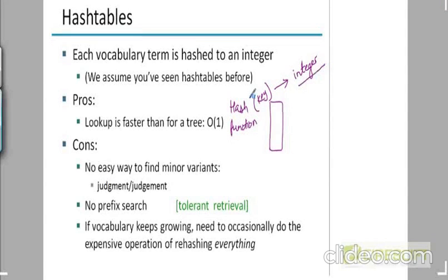This integer, okay, what is the key here? Basically, you want to store a list of items. Okay, so let me explain this using an example. Let's say you want to store a set of numbers. Okay, and your numbers are 1, 2, 3, 4, 5, and so on till the number n. How do you store this list of numbers? Well, you can just store this list in an array.